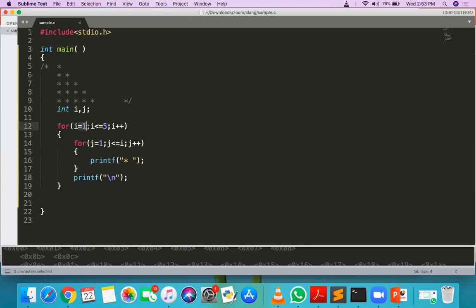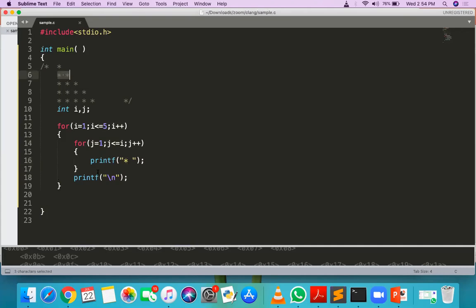So when i is equal to 1, the condition is true, it will go inside, 1 to 1. So only 1 star will be printed. After 1 star there is an enter. Backslash n means enter, so your cursor will go to the next line. Now in the second iteration, i is 2, the condition is true. The inner loop goes from 1 to 2, so 2 stars will be printed.